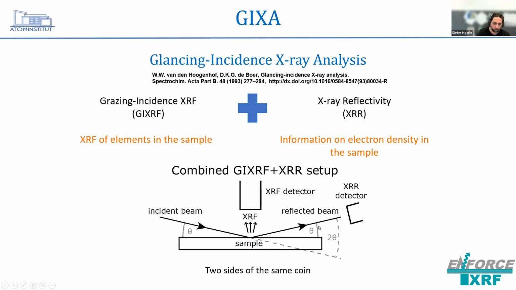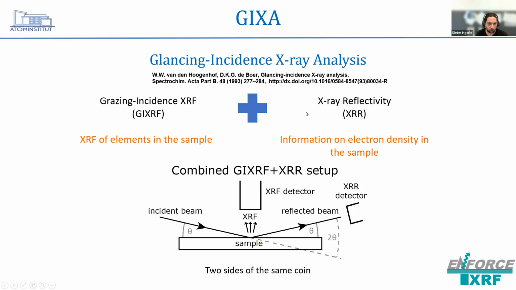So basically, you put on a second detector. So we have not only this fluorescence detector, but also a detector for the reflected beam here. This can be just intensity based, as a non-energy dispersive detector, but we are also using silicon drift detectors for this purpose, depending on the actual setup. And basically, as I mentioned before, this was called actually by Van den Hogenhof, and before they called it Gans, incident X-ray analysis. So this combination of these two